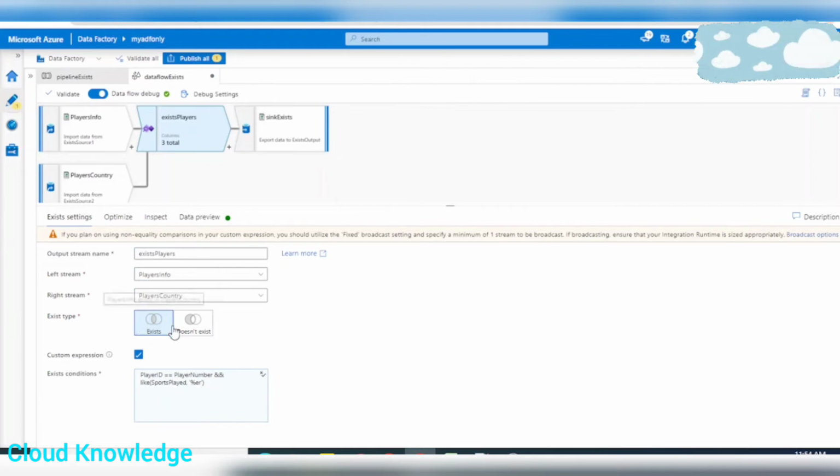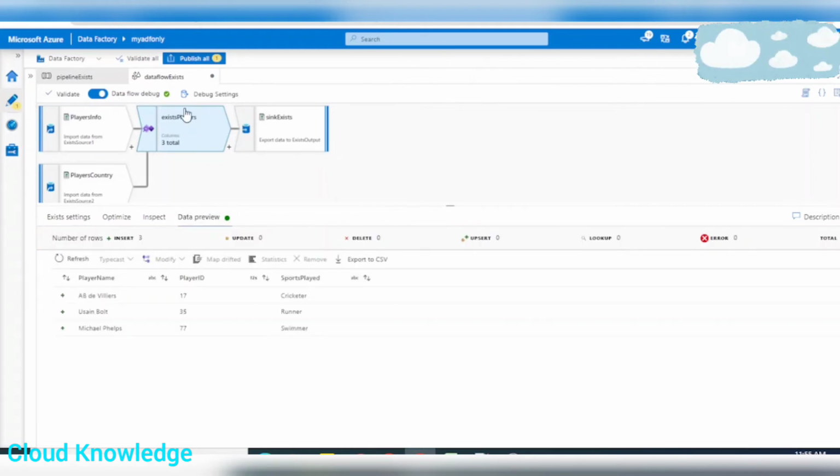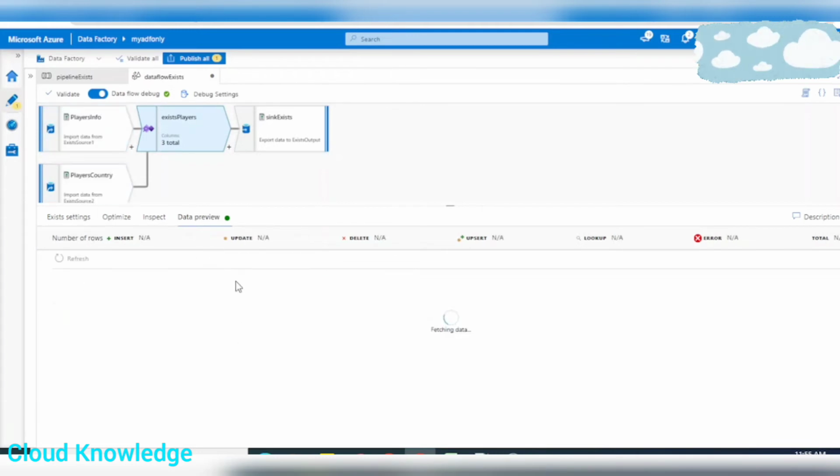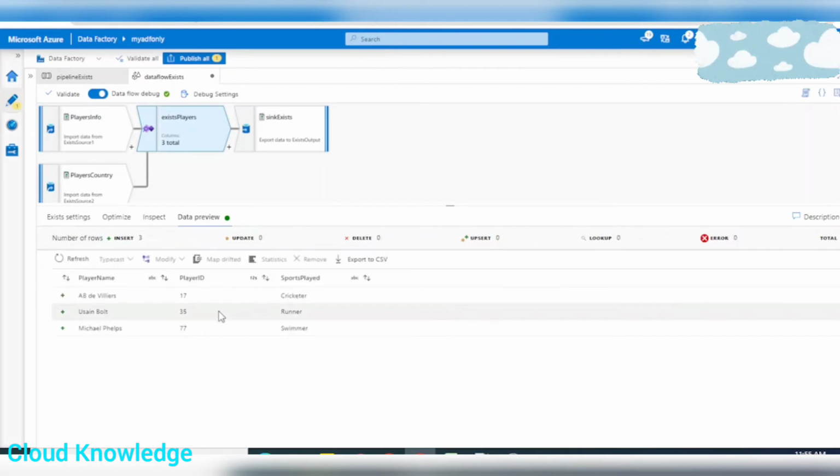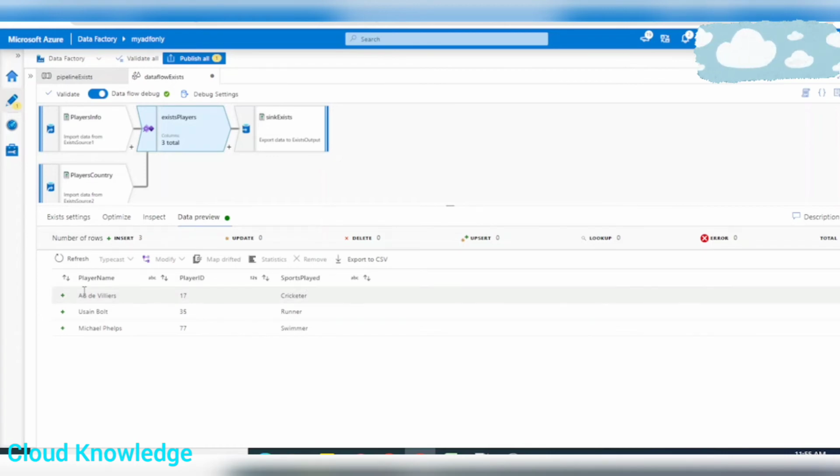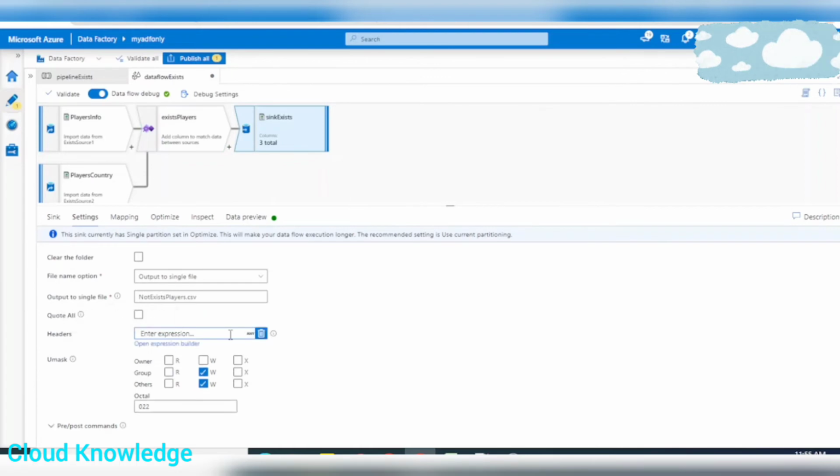We are first doing it for the exist type. Since the data flow debug option is already enabled, we can refresh and see the data for the exist expression which we have written in the custom logic. So here you can see the details came from the left stream. As we know, in the exist it will come from the left stream for all those players detail which are ending with er. We can load it into the target. Okay, so we can write it exist players